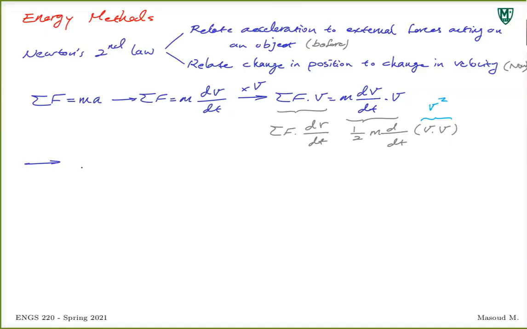And I do it because I want to get into a relationship that is more practical for us and easier to implement, right? So what comes out of this is summation of forces is equal to, sorry, this is dr. We can get rid of this dt on this side. You can think about it this way, not exactly mathematically what it should be, but you can just cancel out those dt from both sides. So this one gives you summation of forces dot dr. It's a dot product. It's equal to 1/2 m, derivative